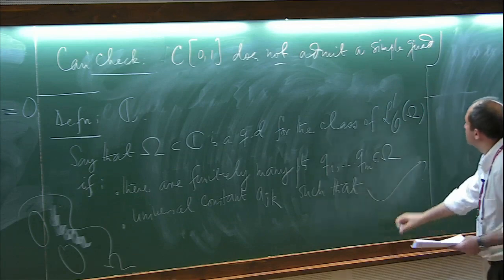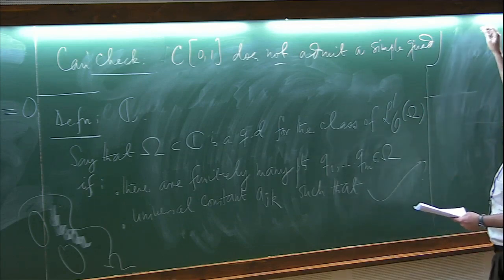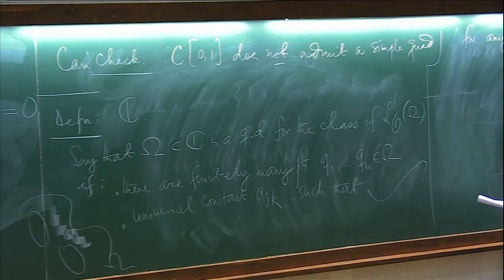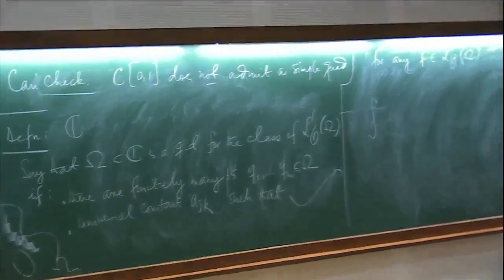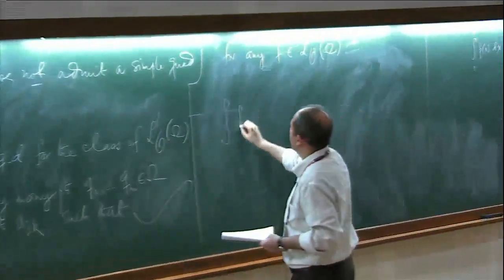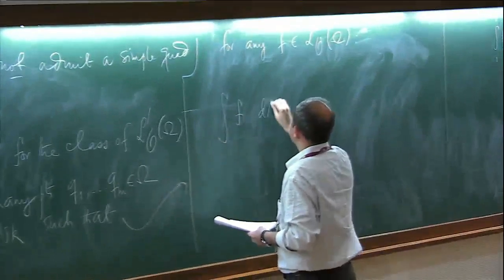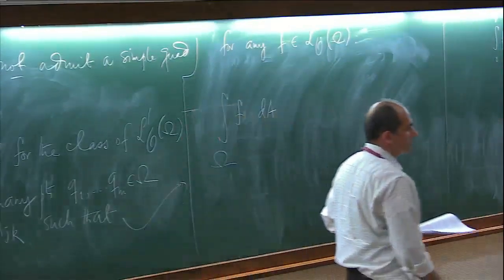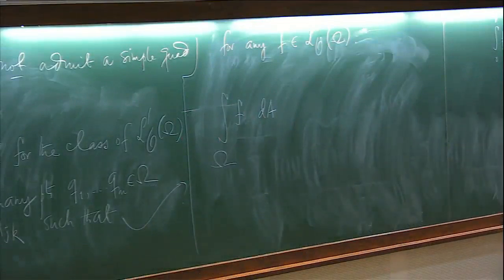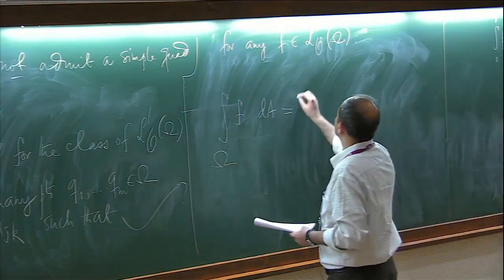Such that for any f in L1 of omega, the following identity holds. So I take one such f and I integrate this against standard Lebesgue measure on the domain omega. This must be equal to